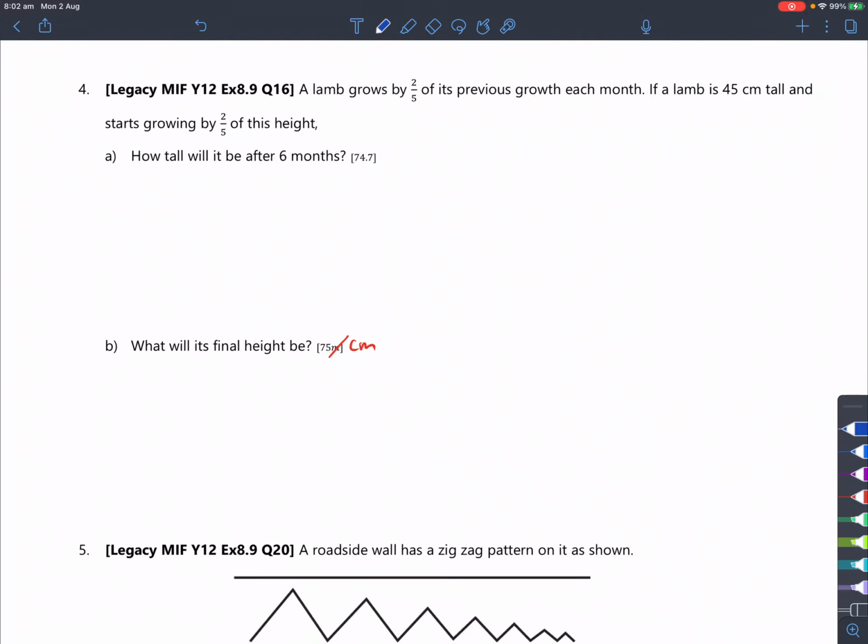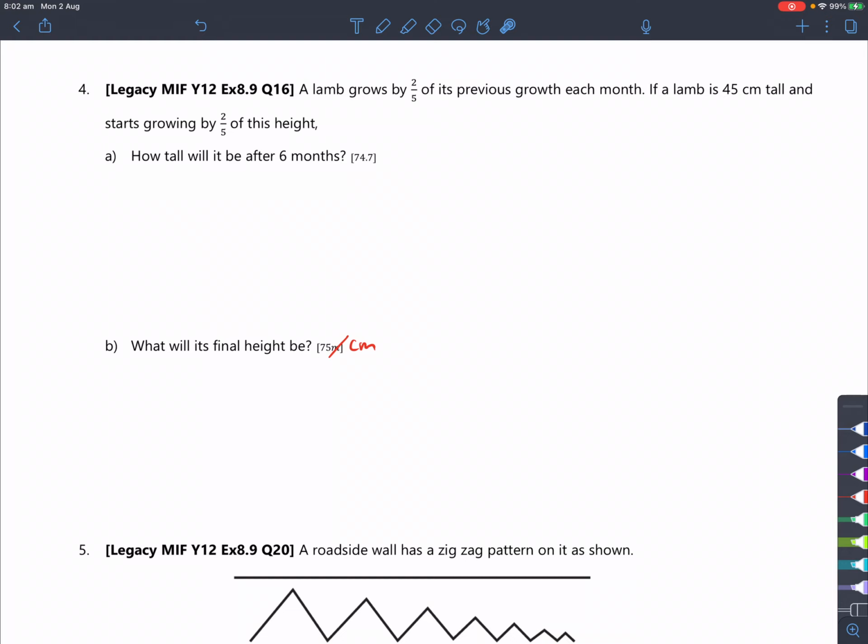Today's lesson, where we're going to be resuming our knowledge of applications of arithmetic series and geometric series. We're going to be starting off with question 4 from page 42. A lamb grows by 2/5 of its previous growth each month. If a lamb is 45 centimeters tall and starts growing by 2/5 of its height, how tall will it be